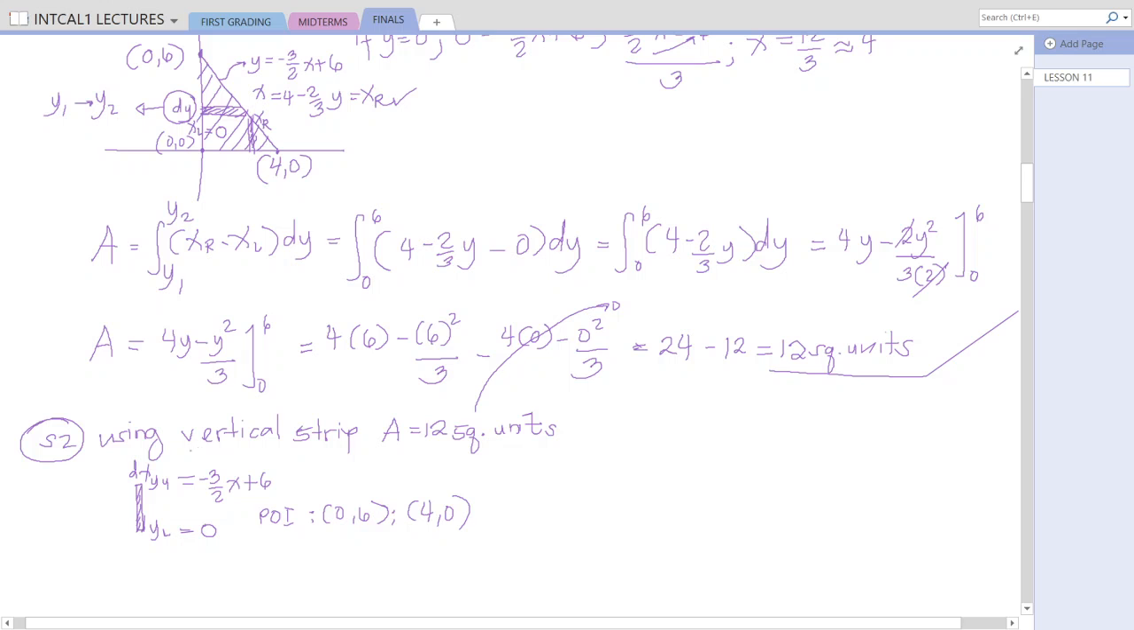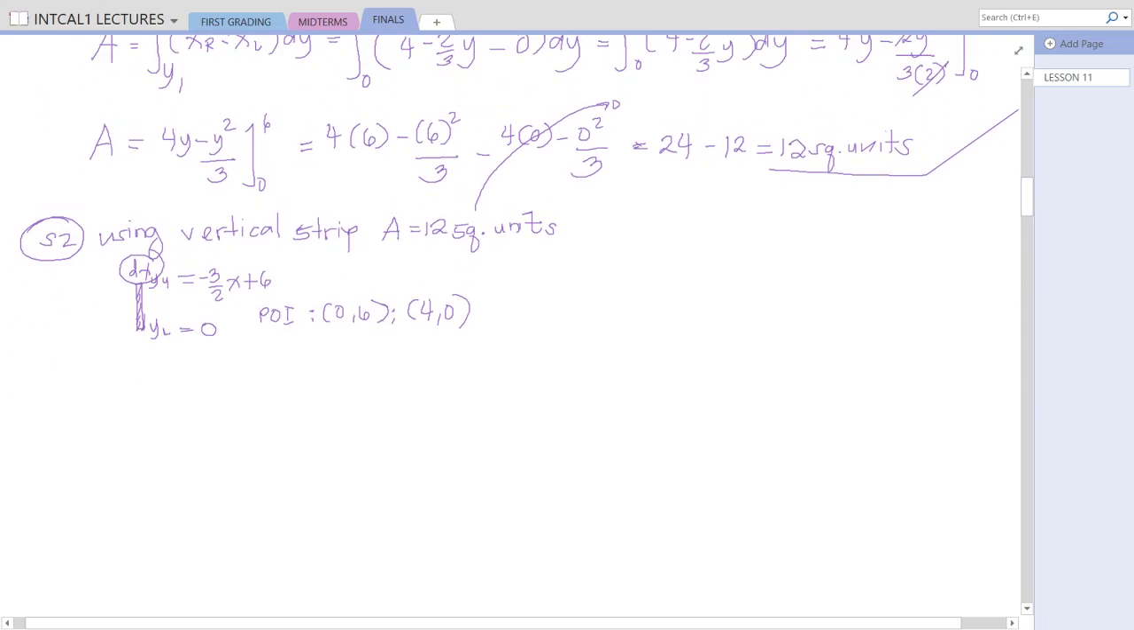Since that is dx, so the thickness is dx, we have to use the limits from x sub 1 to x sub 2. So the limits are, of course, this one, from 0 to 4. So that is 0 to 4. So using the area, that is equal to the integral of y upper minus y lower multiplied by the differential coefficient, which is dx, and the limits are from x sub 1 to x sub 2,